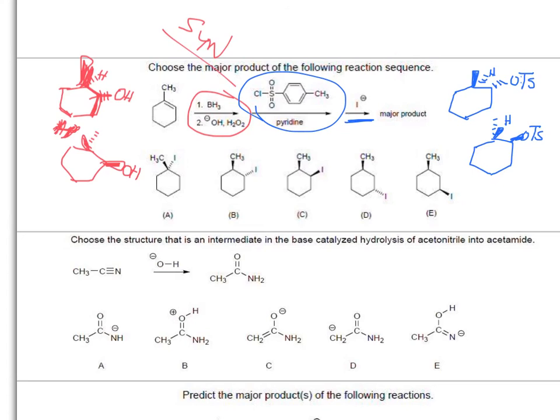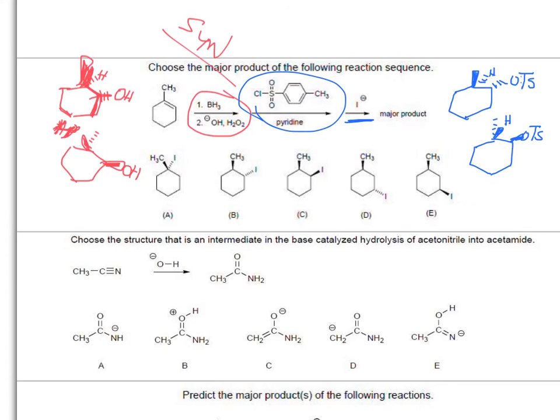Since I minus is a good nucleophile, it's going to follow the SN2 reaction mechanism, rather than an SN1 reaction mechanism, in which case you could have thought that the OTs would first leave, get a carbocation, maybe a hydride shift will take place, give you a more stable carbocation, and then take it from there. But in this case, since I minus is a good nucleophile, we are going to go with a simple